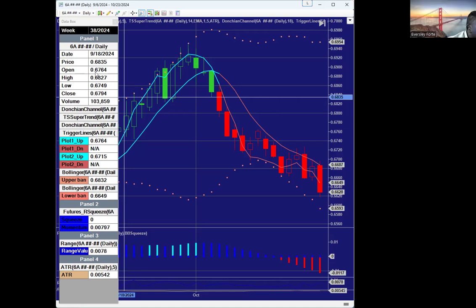If it goes from 0.6764 to 0.6774, it went up 10 ticks. Each tick on the micro Aussie is $1. If you were doing the full-size contract, each tick is $10. So knowing that each tick is $1,